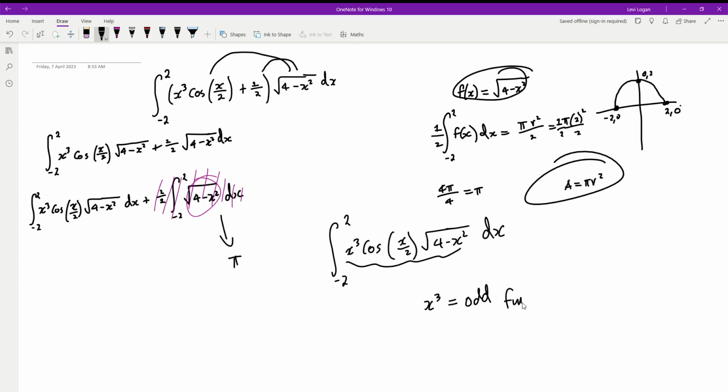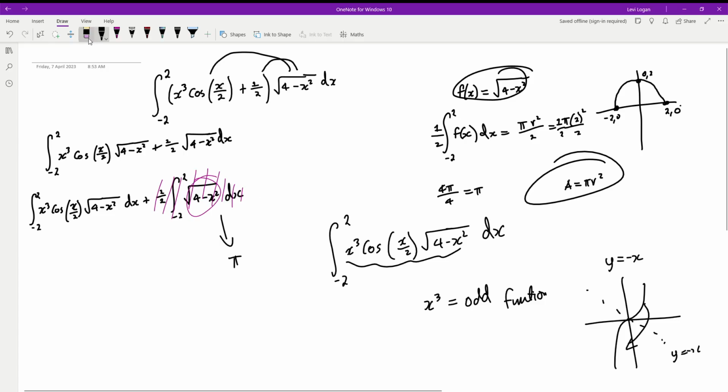So an odd function is basically a function that reflects over the line y equals -x. So this function here, x cubed, looks something like this. And this is the line y equals -x. So you can see it reflects over the line y equals -x. So by definition, x cubed is an odd function. Now, cos is also an odd function. So if we just draw cos onto this axis here, we're going to have